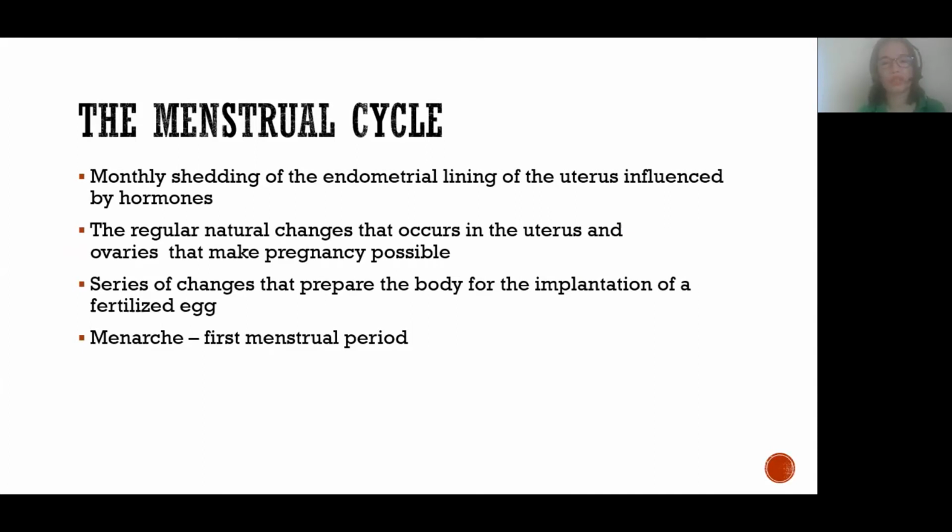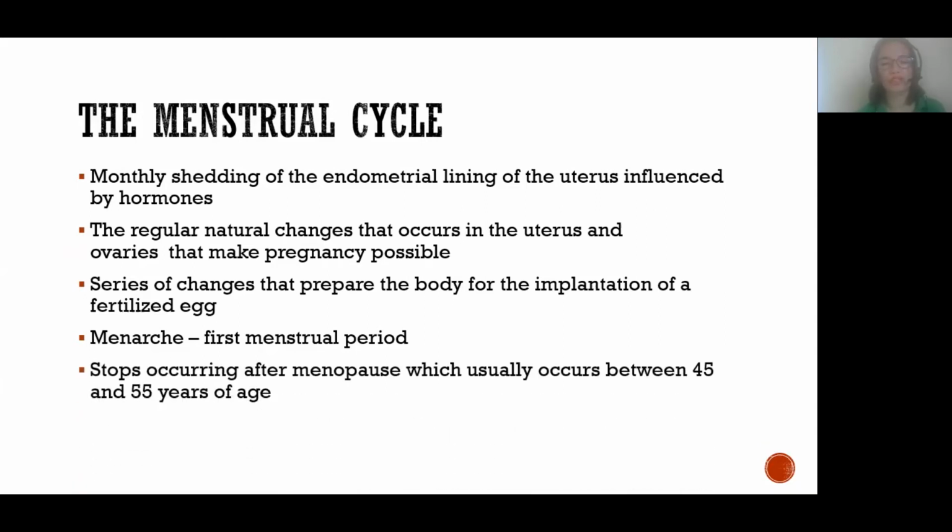Menstruation usually stops as the person ages, at the age of 45 to 55. We call it the menopausal stage. At that time, the female will not ovulate, okay, so that means she will not bear young. And the bleeding usually lasts around 2 to 7 days, and again, it varies from female to female.